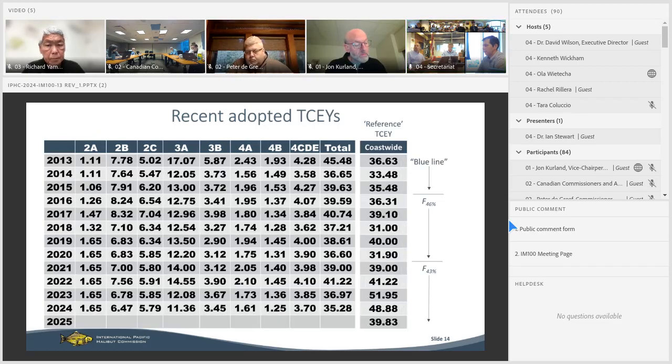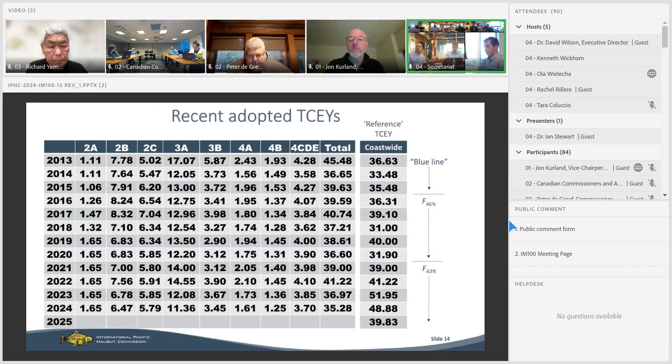The next slide adds to that with the reference TCEY that was estimated for each of these years, noting that for 2025, we have the reference TCEY, but obviously the TCEYs have not yet been adopted. I'll highlight here that the reference itself has evolved over time. So up until 2015, we were using what we called the blue line, which didn't correspond necessarily to a specific SPR, generally it was a slightly lower overall harvest rate than we moved to in 2016, which was an SPR of